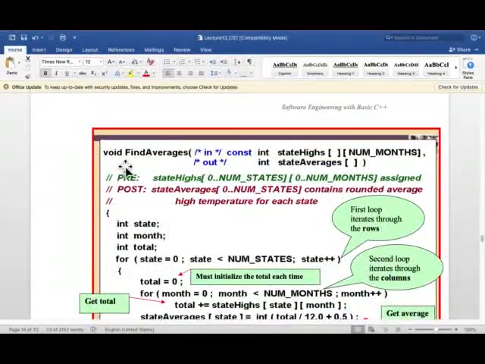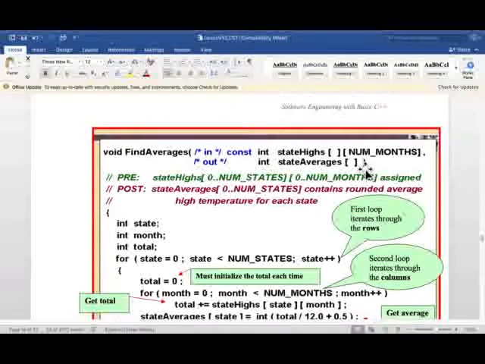So the function is void find averages, const int state highs, blank here, but the second dimension is needed, the capacity of the second dimension, and that's the input. Out will be this filled array, int state averages, and this dimension you can put or not, it doesn't matter. And